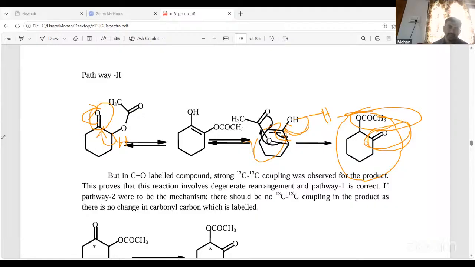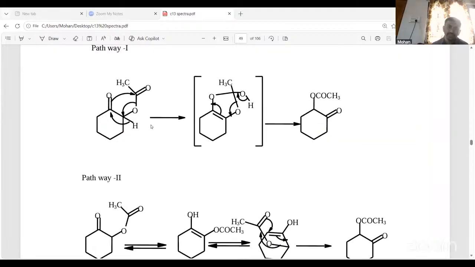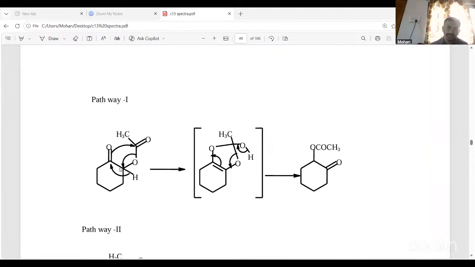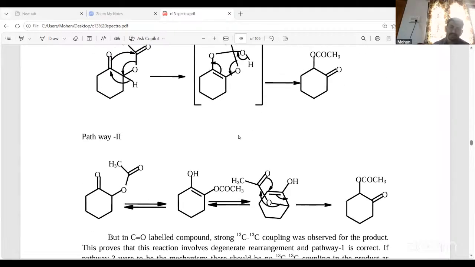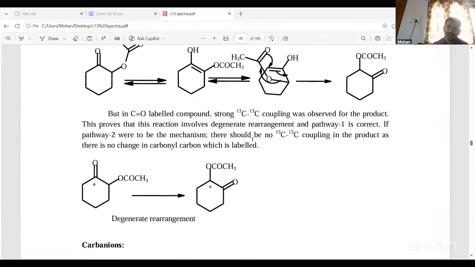But in pathway one, what is happening? The changing of the position is taking place, right? Because C1 is becoming the ester, C2 is becoming the carbonate. Okay, so pathway one is correct for this degenerate rearrangement reaction, and that will be confirmed by the carbon-carbon